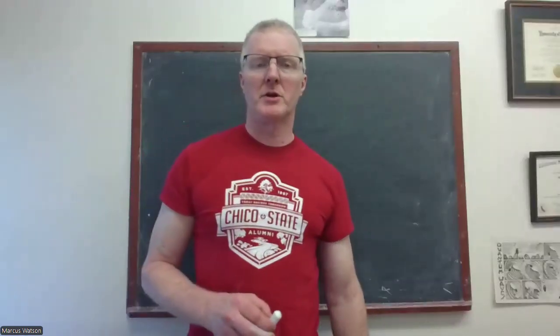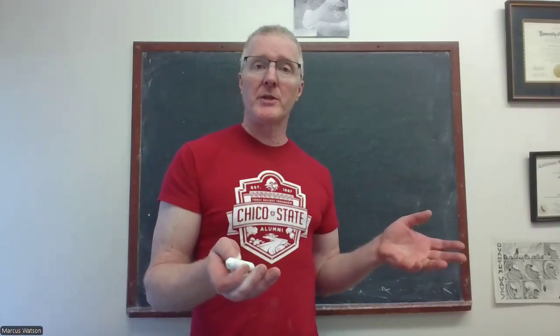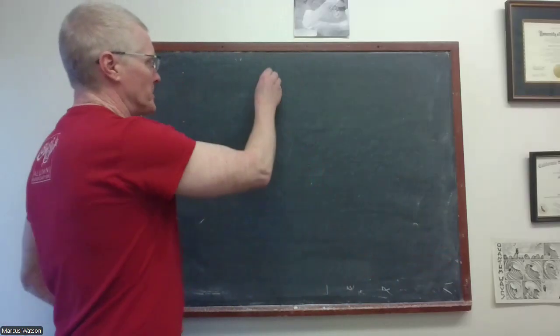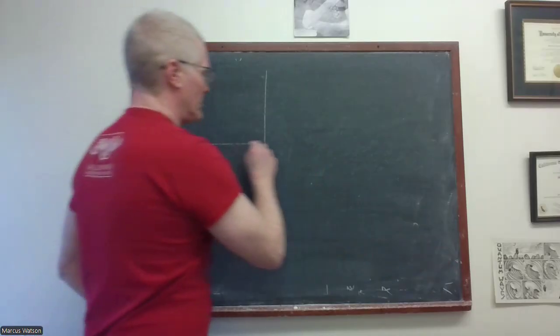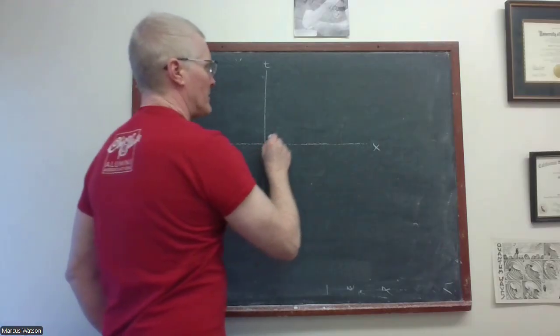Hi again, folks. Just going to talk a little bit about what's called, in Taylor and Wheeler, the time stretch factor. And we're going to talk a little bit about the Lorentz geometry, which is hyperbolic and not the same thing as Euclidean geometry. So if you look at a space-time diagram like this,